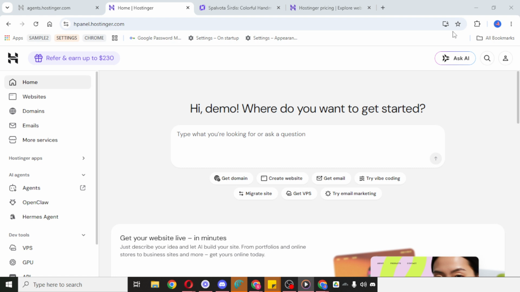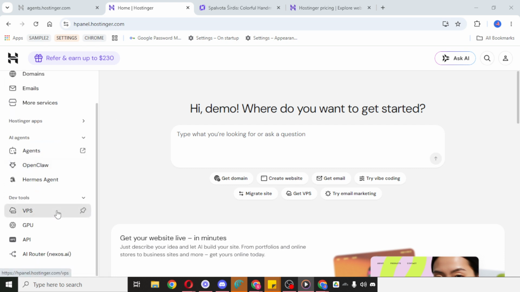Start by opening your Hostinger account dashboard. Once you're signed in, take a moment to make sure everything has fully loaded, so you can easily navigate through the account settings and tools available to you. The API section is usually where you manage access for external apps, scripts, or services that connect to your Hostinger account. From there, click on the API area. This is where you'll be able to view your current API token settings and manage them.